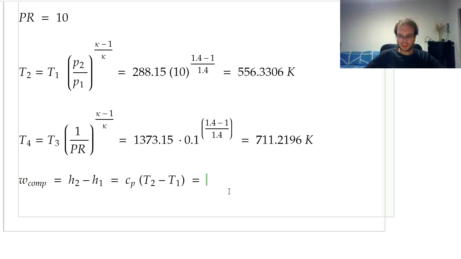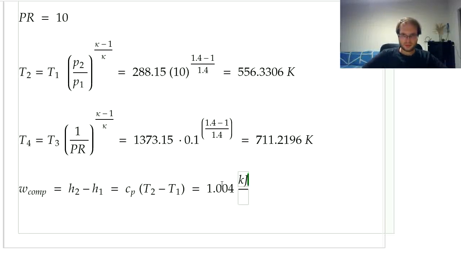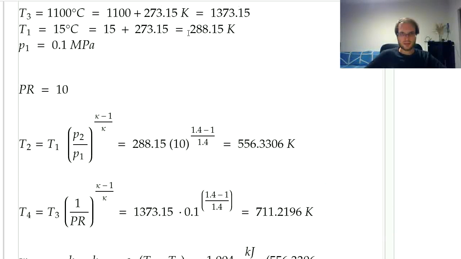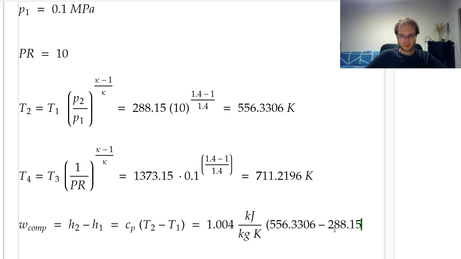So now the Cp is 1.004 kilojoules per kilogram and Kelvin. And the temperature difference is T2, 556.3, minus T1 over here, 288.15 kelvins,